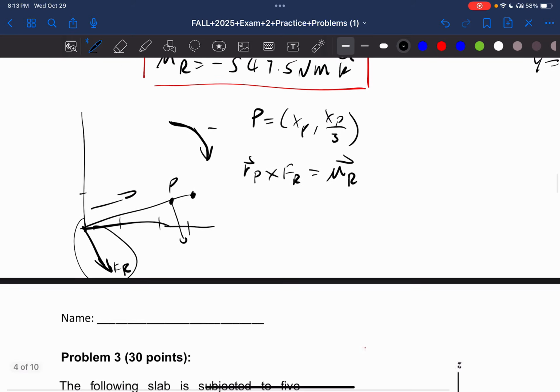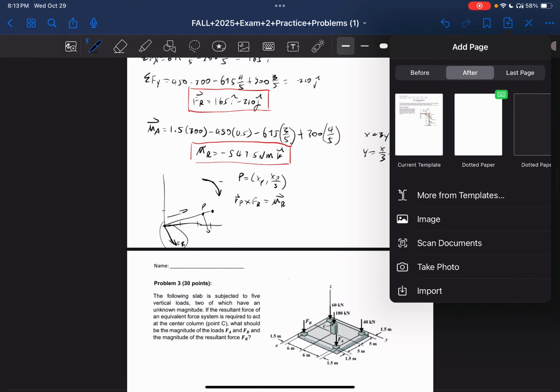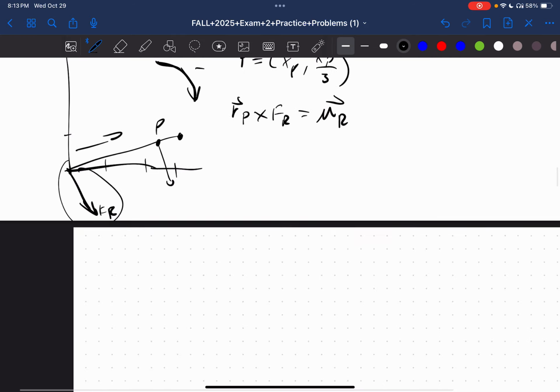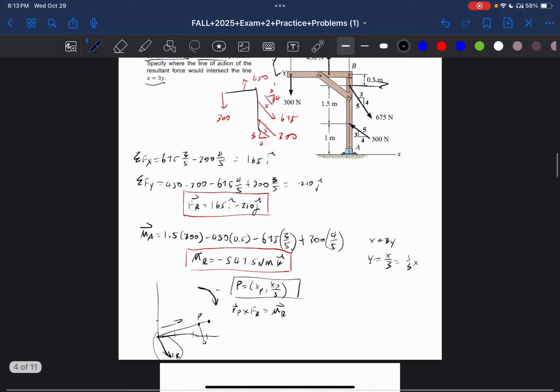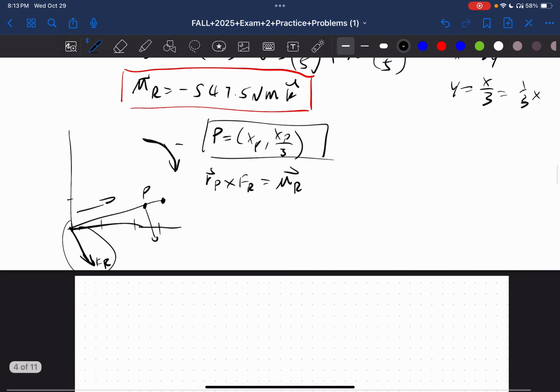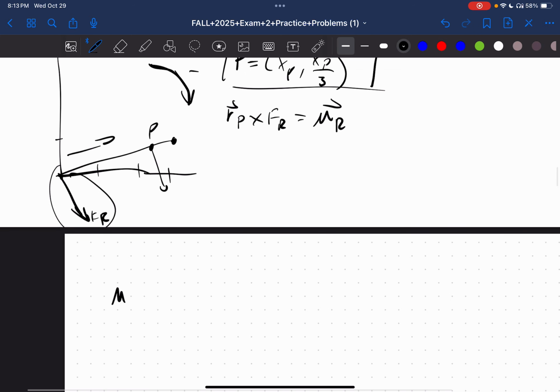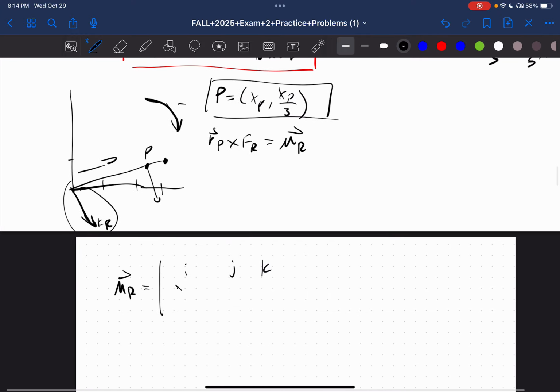Okay, so now that we do that, we need to add a new page so we have more room. So what is RP? RP, we have this. Cross FR, which we also have somewhere, which is this right here. So our resultant moment is going to be equal to the determinant of i, j, k, xp, xp over 3, 0, and then